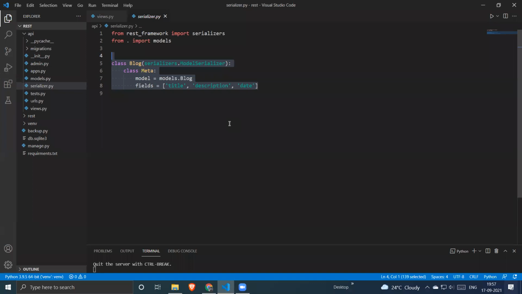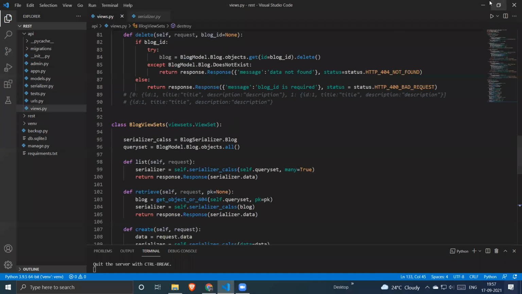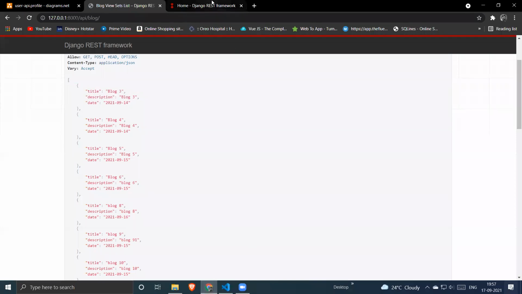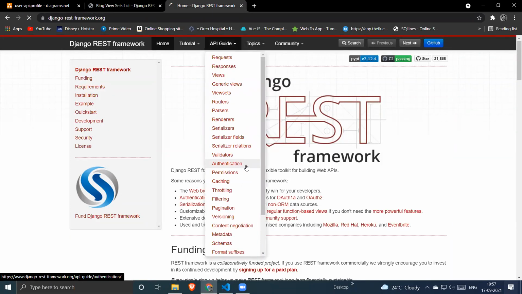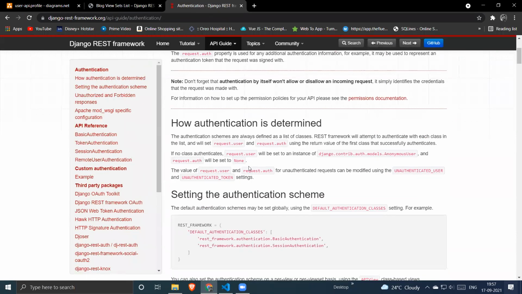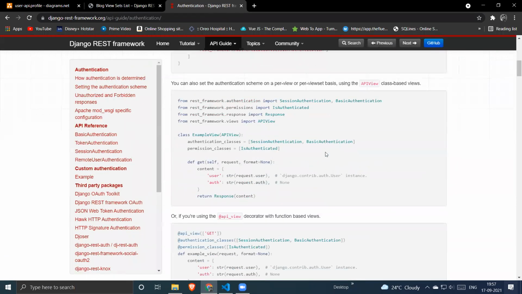Okay, have you guys checked the documentation? I have asked you to go through the authentication and permission classes. Does anyone get any chance to view this documentation?